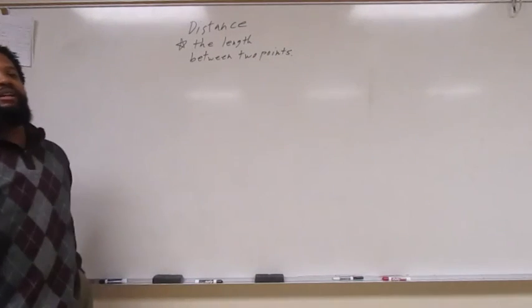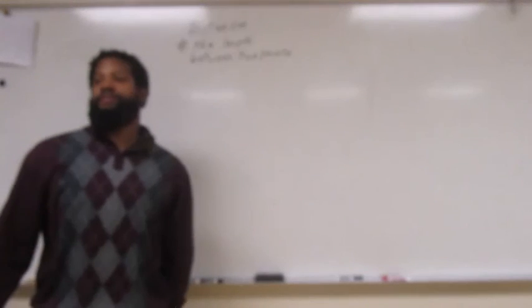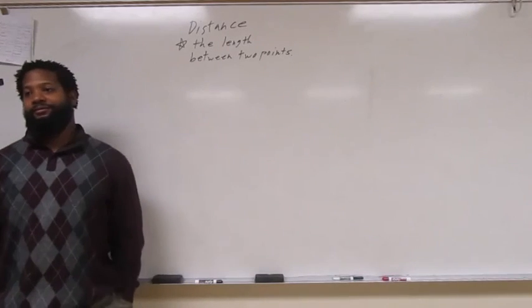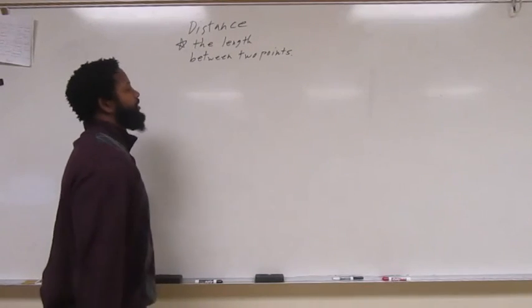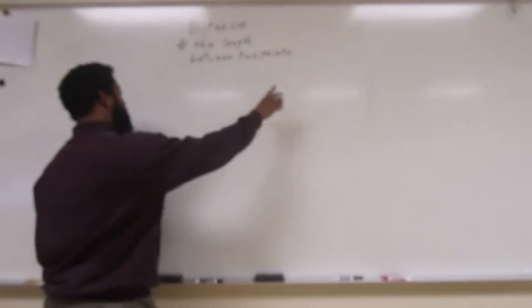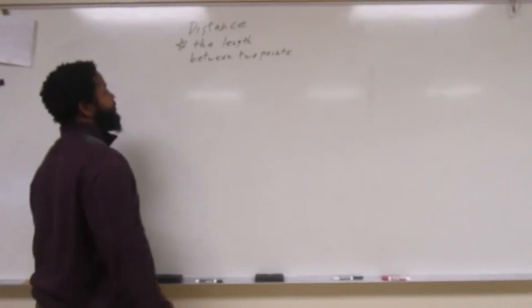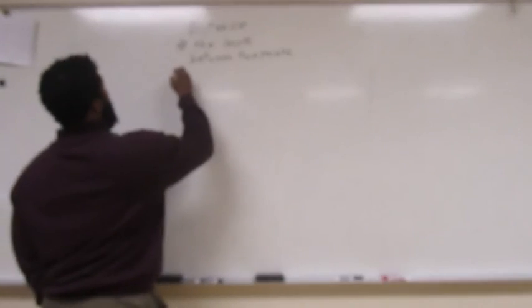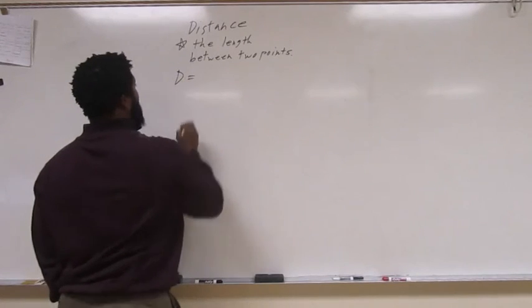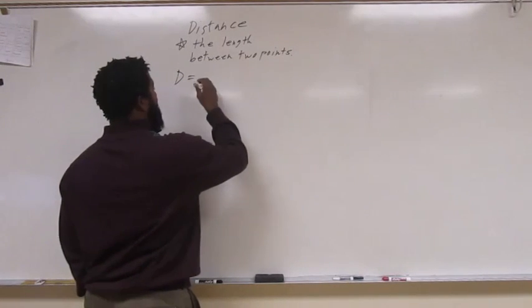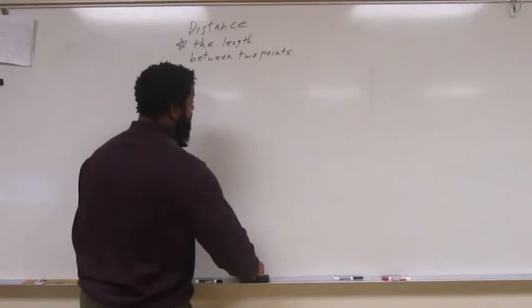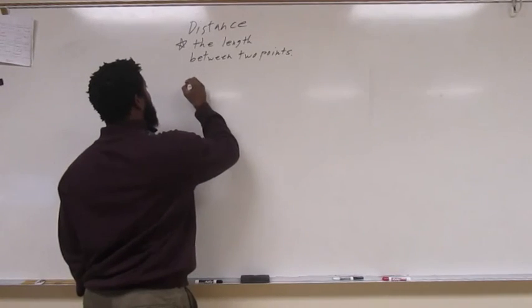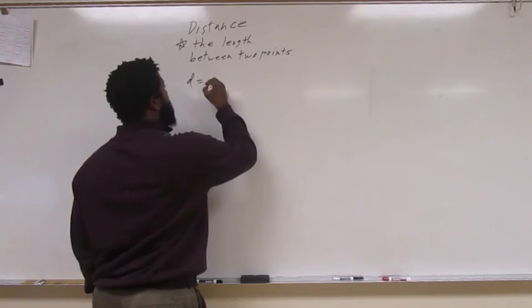Okay? The length between 2 points. That's it. The distance between 2 points is their length from point A to point B. That is what you are finding. The distance formula is equal to, it's not a capital D, it's actually a lowercase d. So lowercase d is equal to the square root